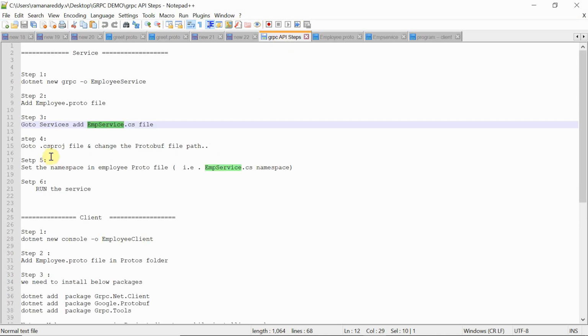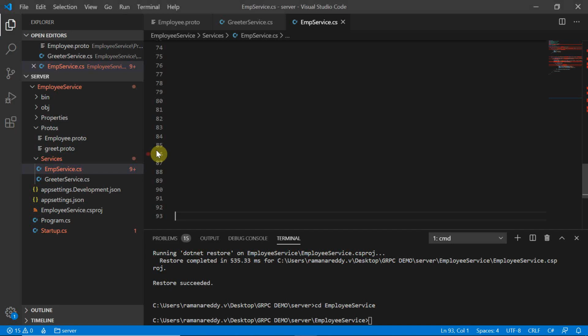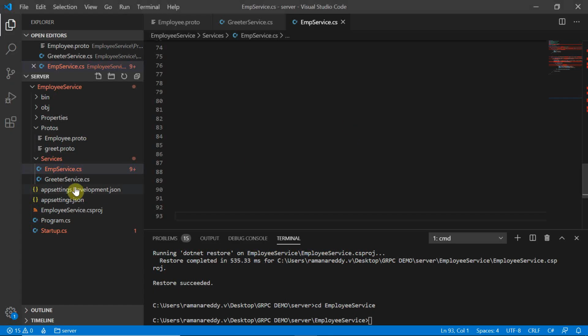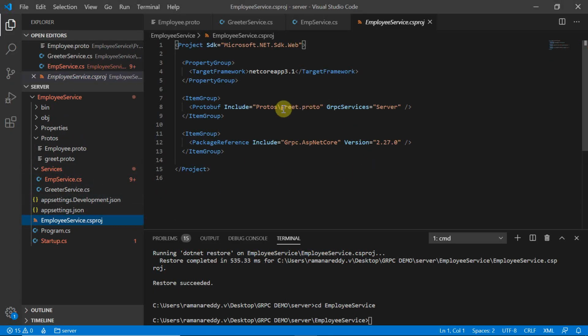After we added one proto file, we need to change the protobuf compilation path in the project file. Go to the corresponding employee service csproj file, and add whatever new employee proto file you created. You need to add that proto file format. Just go to the greeter csproj, it's already in the protos folder.